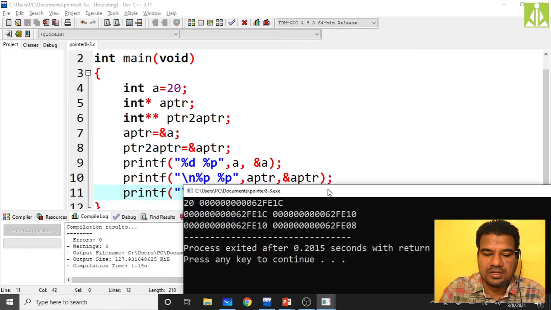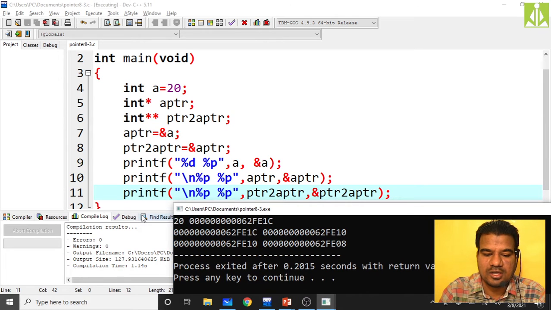As you can see over here, it is a very interesting phenomenon. In A, we have the value 20, and A's address is 62FE1C, which we are storing into APTR. APTR's content is 62FE1C, which we are printing over here. And APTR's address is 62FE10.